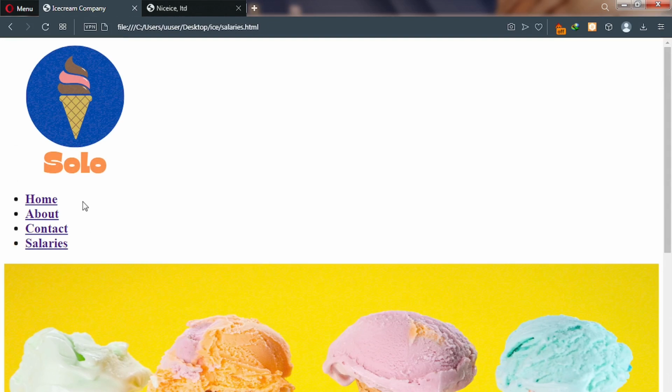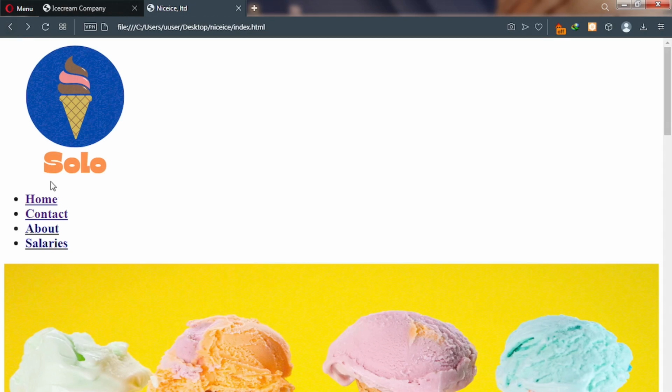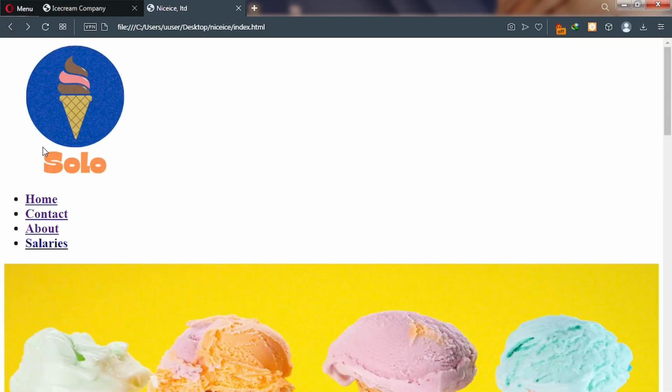So let's go ahead and then create our other 3 pages on the site. Okay, but before that, let me take you to our development website. Here we are, and when we click on contact, you can see this page is what? Empty. And we click on about, is empty. And then when we click on salaries, it's empty as well. So we have to do something about that. Okay,